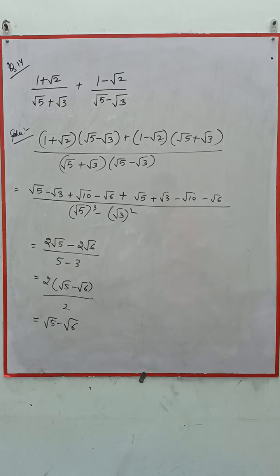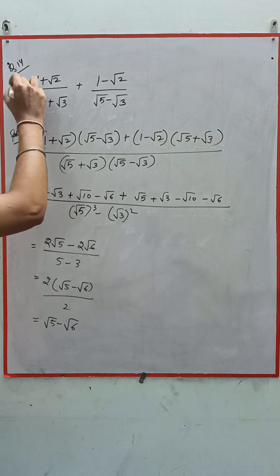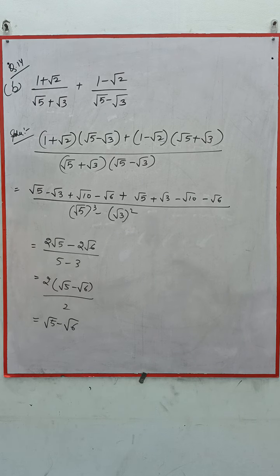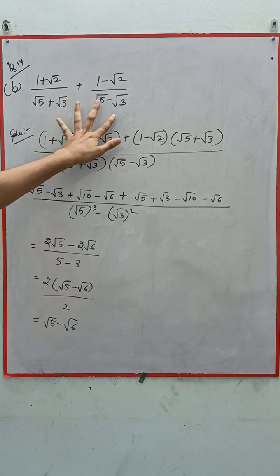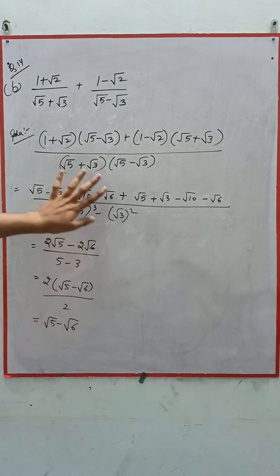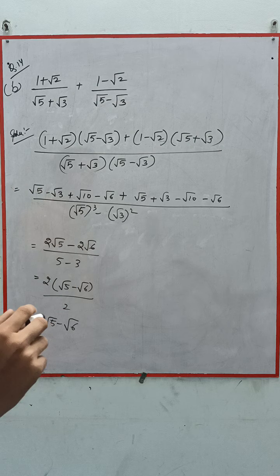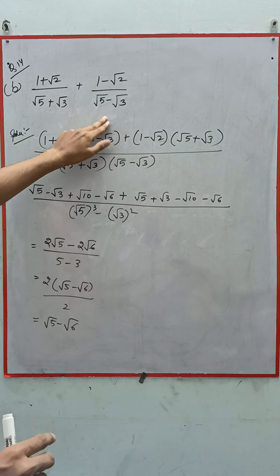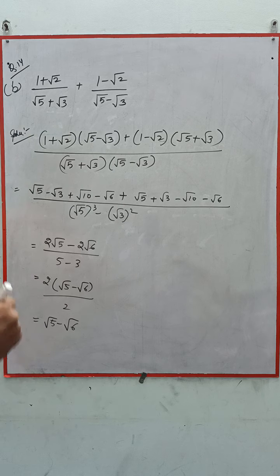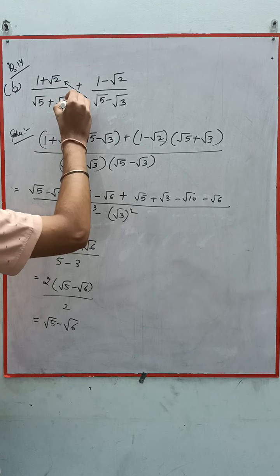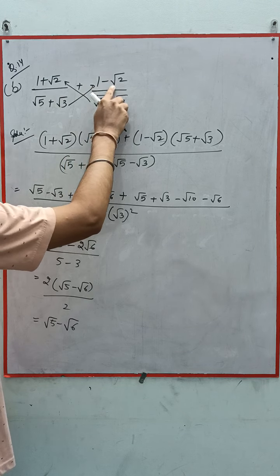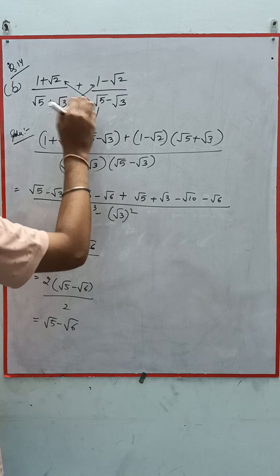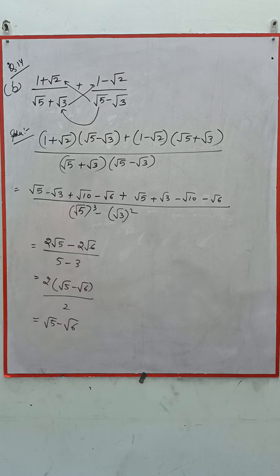Okay. So here comes the 14th question. I'm taking B1, A1, please do it. The question is, we need to simplify this thing. So let's simplify. In this we only have one option, and that is to cross multiply and solve. So the same I did here. This is multiplied by this denominator, this is multiplied by this numerator, and in the denominator we have multiplied.